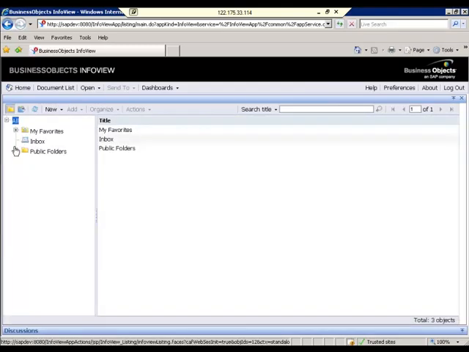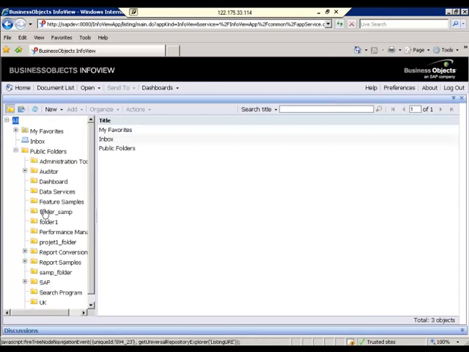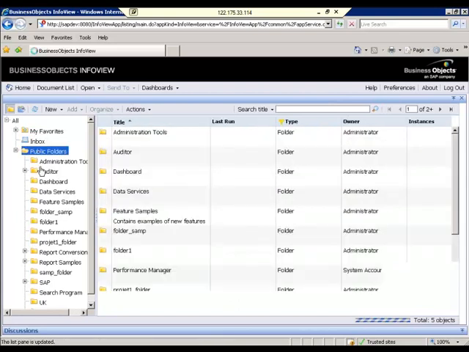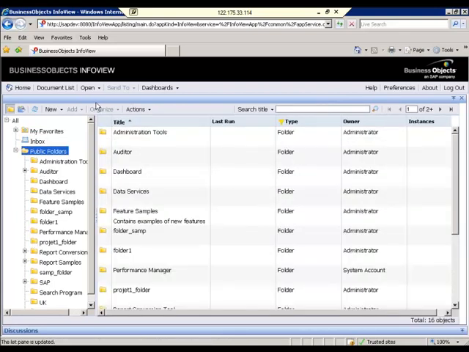When you see the document list, you have a lot of public folders. In folders, you have three kinds of folders: favorites, inbox, as well as public folders. In the public folder, you have a lot of folders. For example, if you are migrating one user, say you are migrating my user from dev to QA, I have reports.